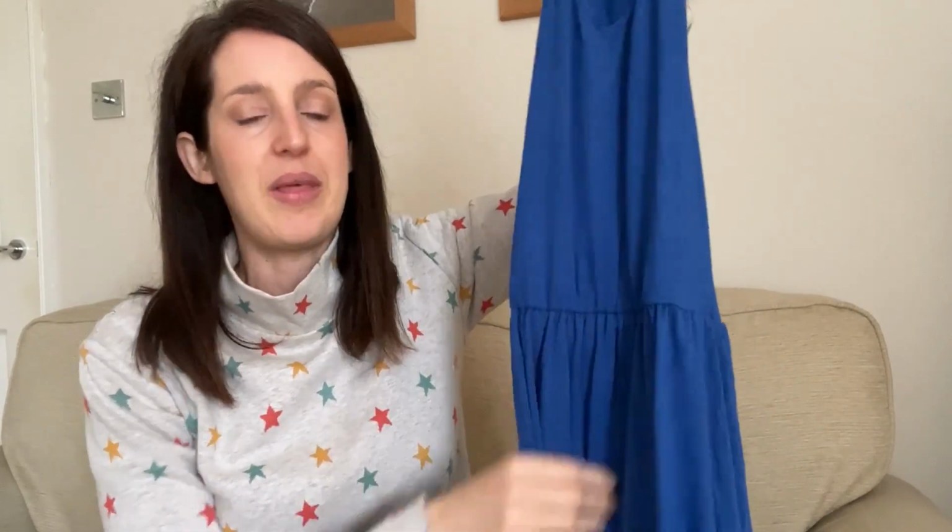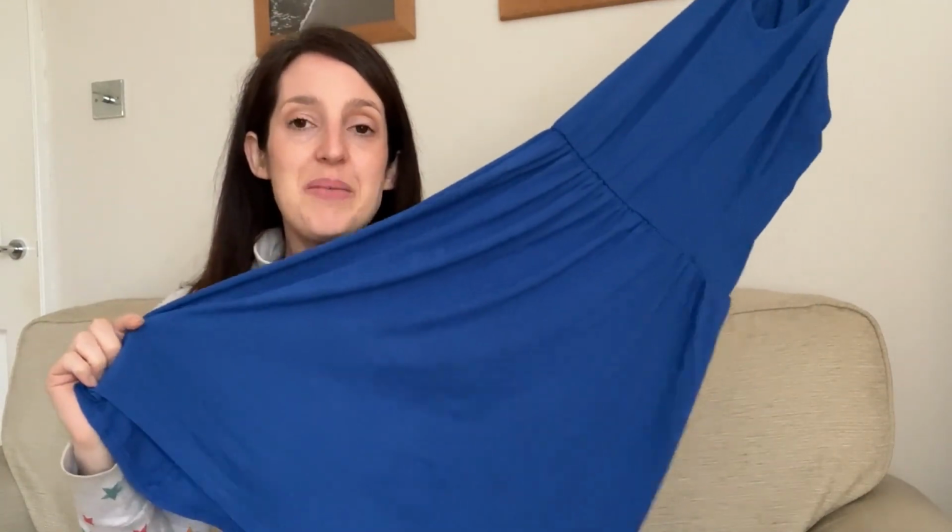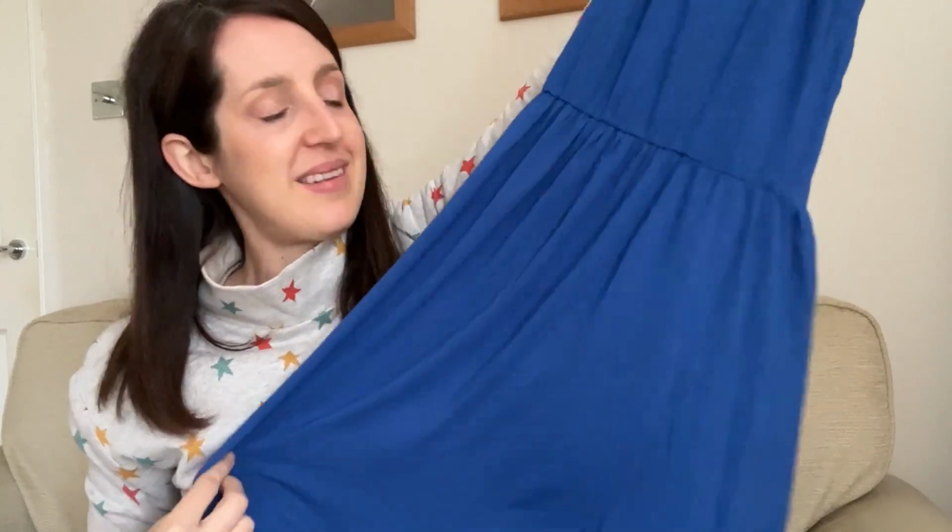And I've got other dresses I've made and added an elastic channel. I really like how that fits. So that is what I did. And luckily there was enough fabric, so it's quite nicely gathered, I think, here. There was enough width of fabric at the bottom of the maxi skirt. And I made sure I cut the pieces so that the hem now looks a bit more level than maybe it was before. Or I think maybe once I cut it, it just naturally leveled itself once I'd measured it out. So it feels like it's all a bit smarter and newer,